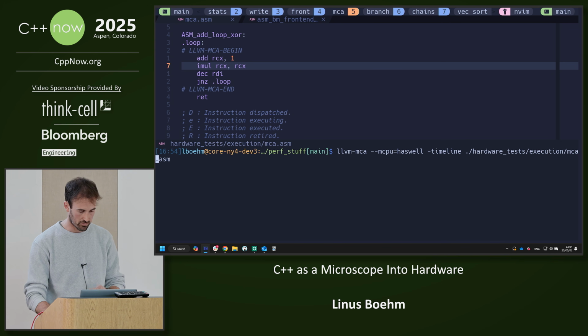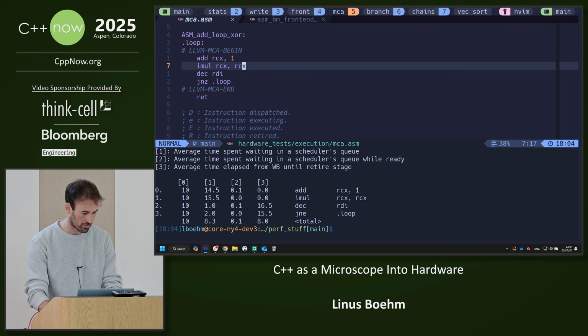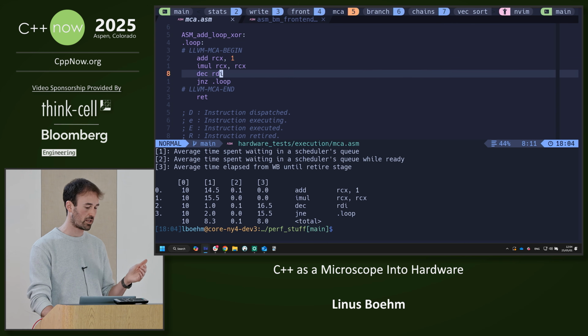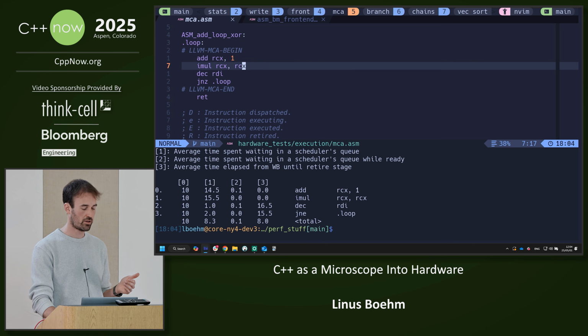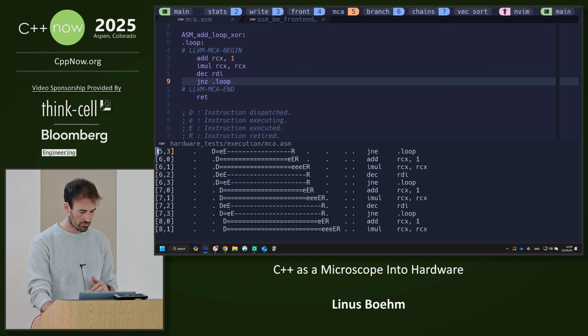So if we run this, we get some output. And this will simulate those 4 instructions: add, integer multiply, decrement, and then the jump. If you scroll up a little bit,